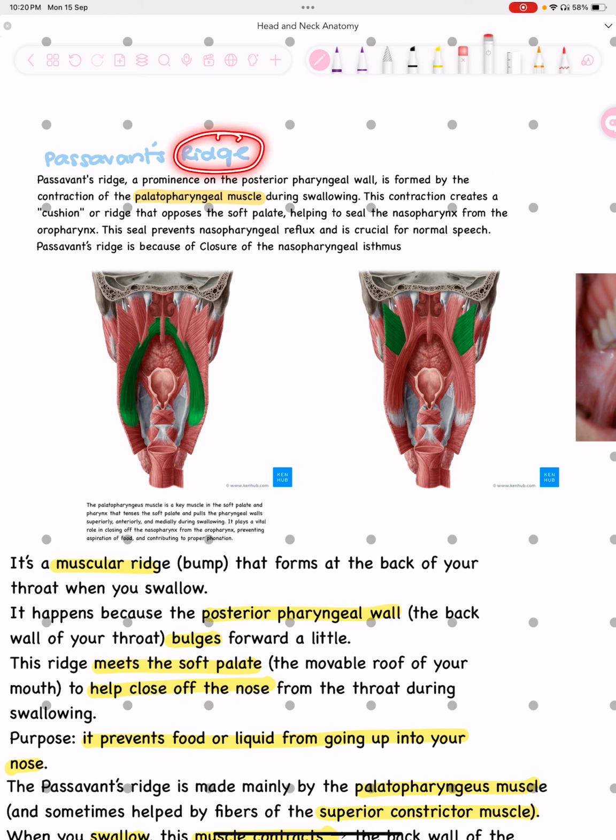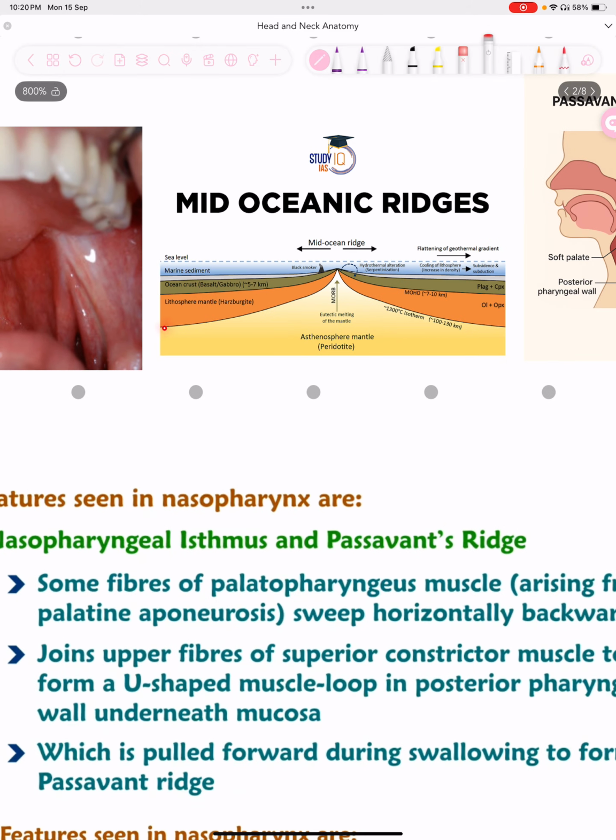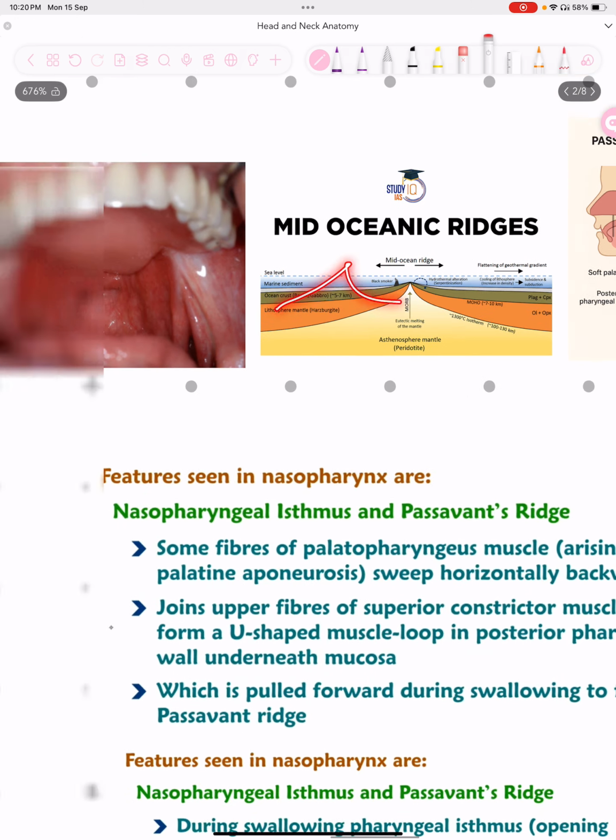but let's start off first of all with the word ridge. What exactly is a ridge? So here I've attached this photo from the internet. This is a ridge. A ridge is basically any sort of elevation, hilly surface, or a mountainous area. This is a ridge, right?